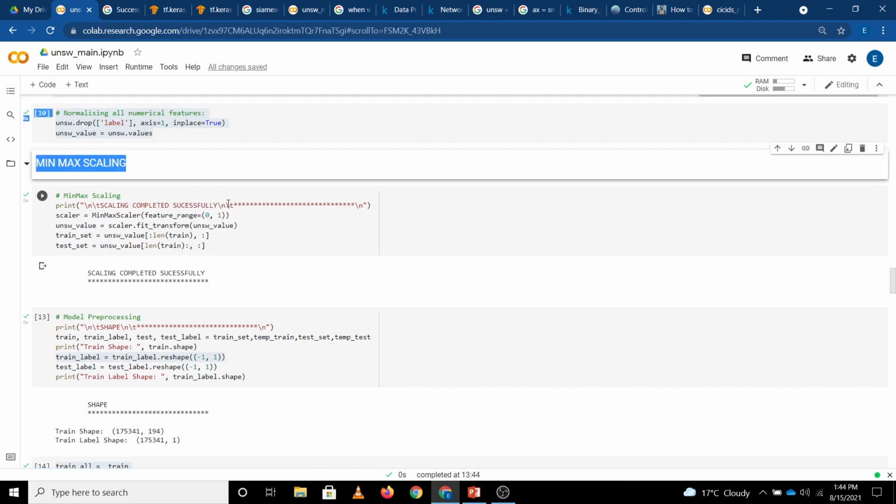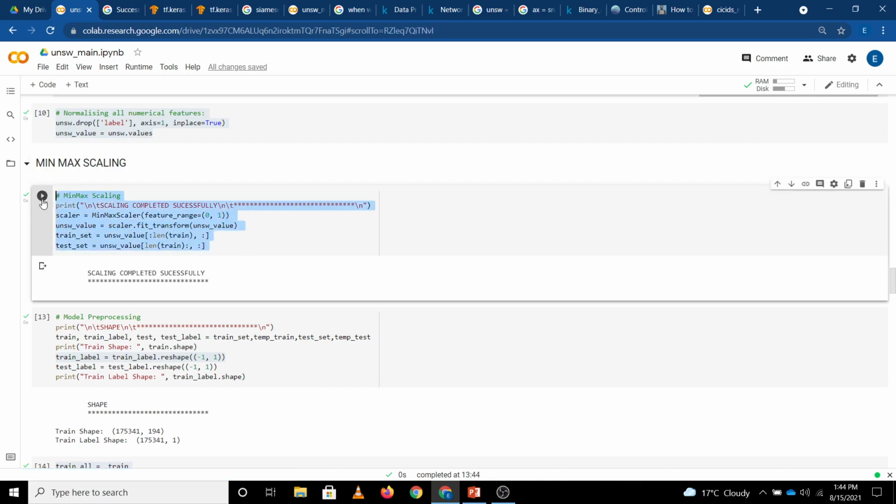It is scaled based upon the minimum and maximum value. So basically it goes through the data set and checks the lowest minimum value and highest maximum value. Based upon that, it will scale all the data set between the minimum and maximum value. Likewise, it scales everything accordingly.